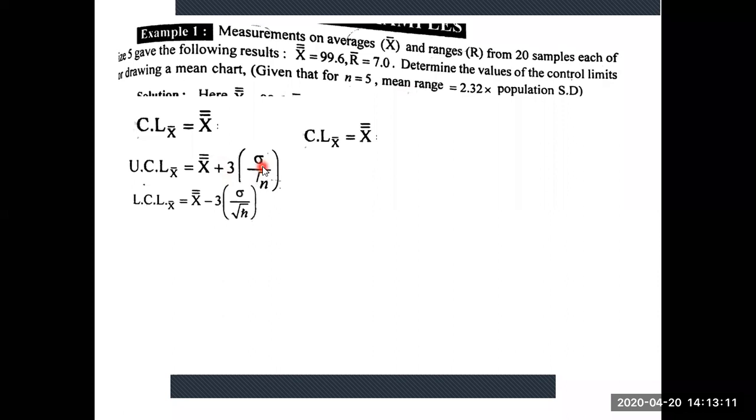Sigma value we don't know. N value, n is equal to how much? N is equal to 5. We have to find out sigma. Okay. So the same problem you can also do with the x double bar control line: